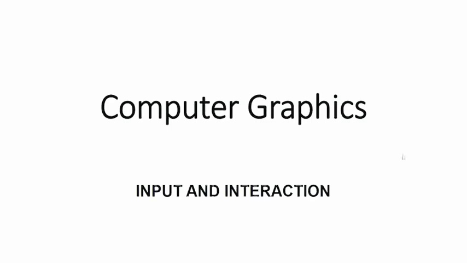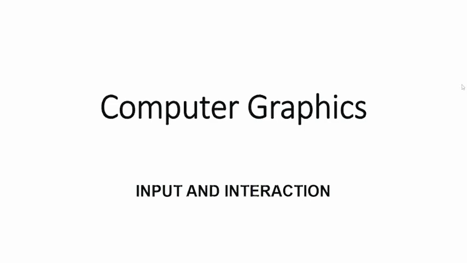So today we are going to discuss the input and interaction part in the fifth module. To start with, input and interaction deals with what kind of input we can have, what kind of interaction we can have in our computer graphics, and how we treat input in OpenGL. How to use input devices, or how to make use of interaction in your computer graphics application, is what we will be looking at.